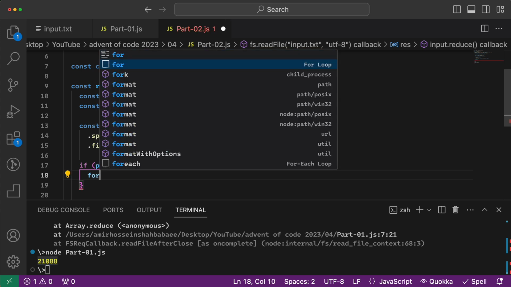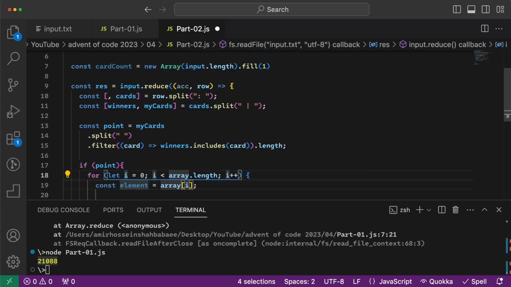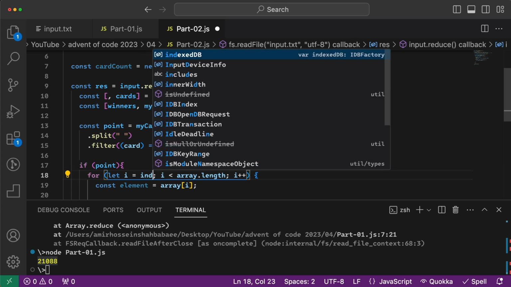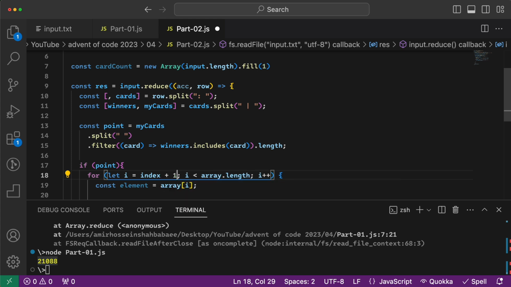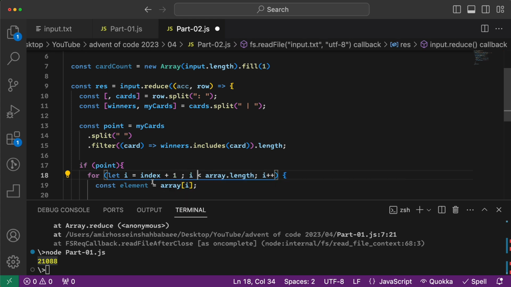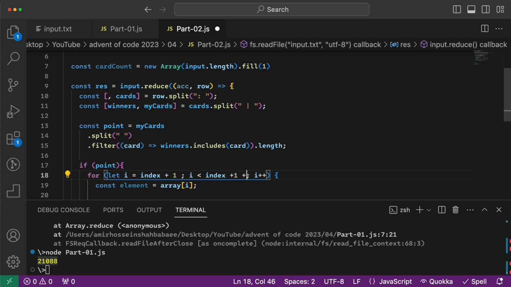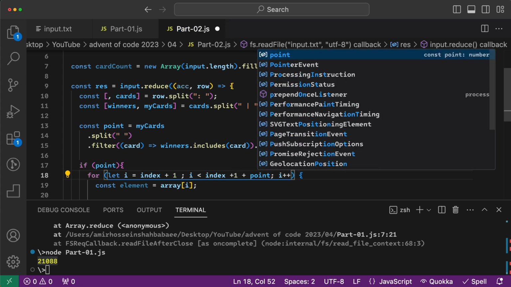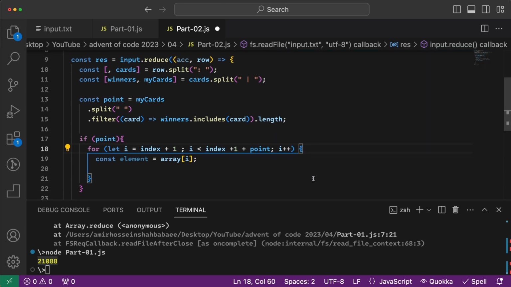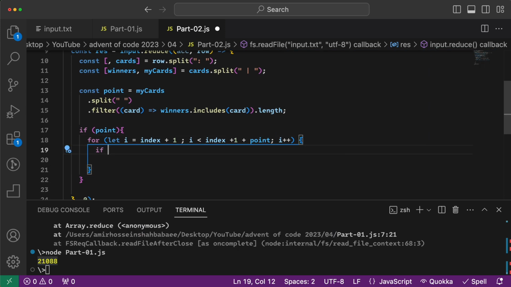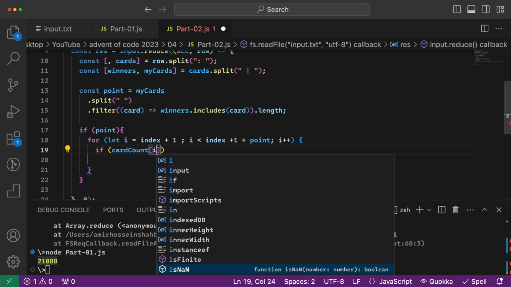So let's say I am going from the index of this card plus 1, so 1 after that, I will fix this index soon, until the index plus 1 plus the point. So we would go point numbers ahead and we are adding to the I. Here the thing that I would do is if the card count at index I exists, if we didn't go off bounds,